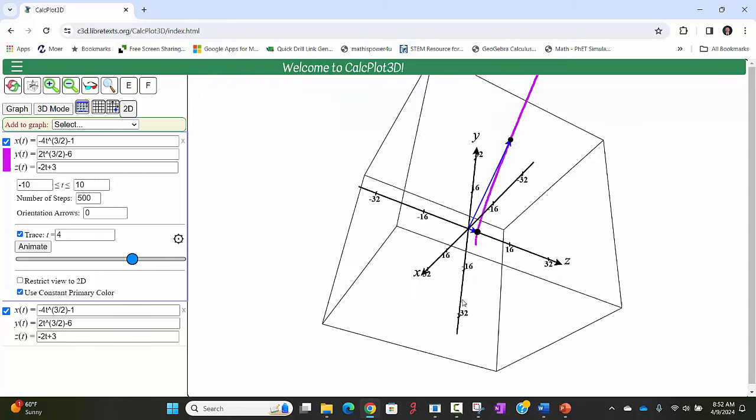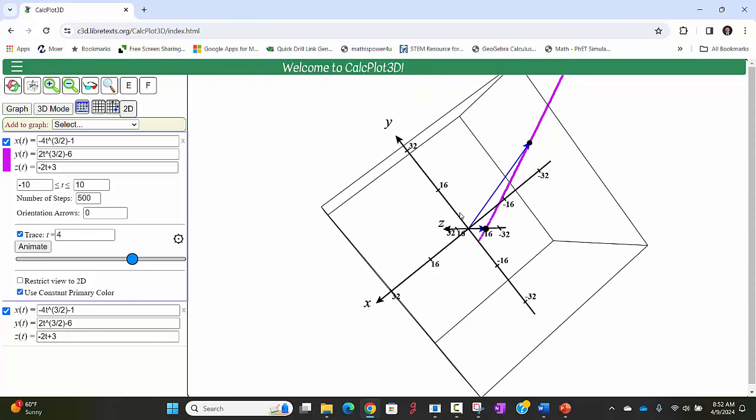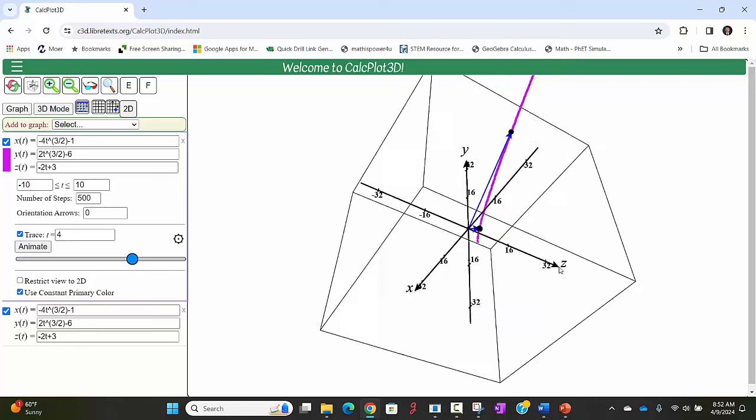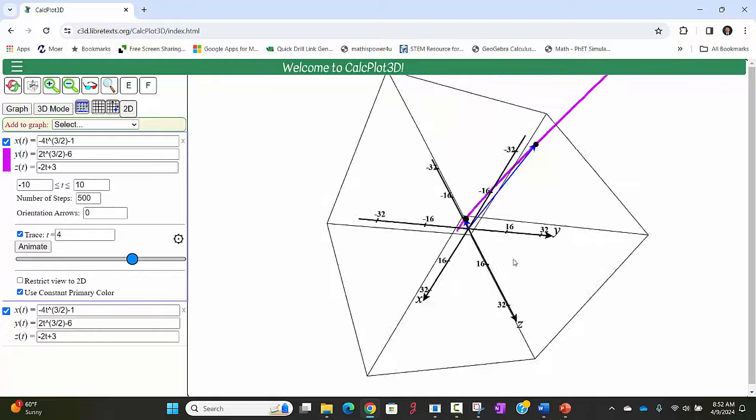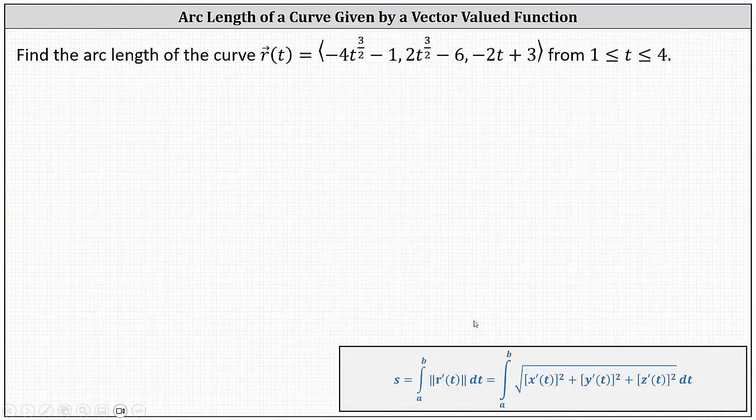I also included the trace vectors at t equals 1 and t equals 4. This indicates we're determining the arc length between these two black points, or the terminal points of the trace vectors. Not the most exciting graph, but this is the arc length that we're finding. And now going back to our work, we have our arc length formula below, where the arc length s is